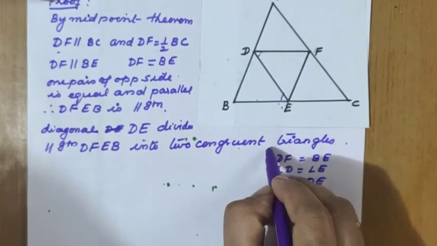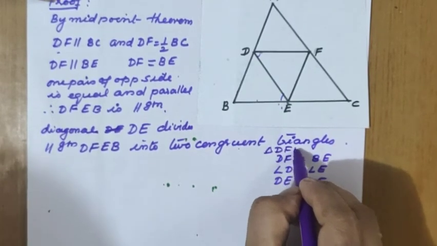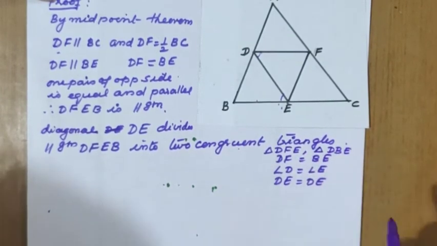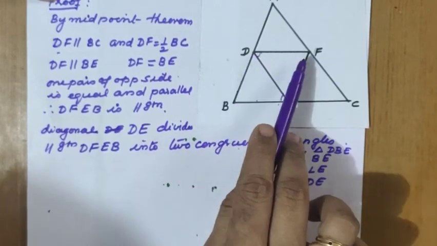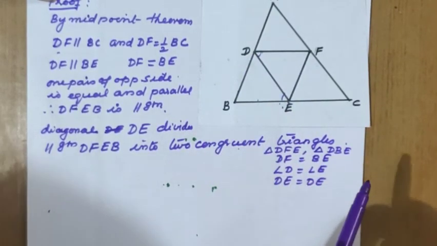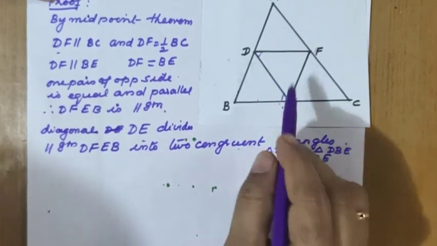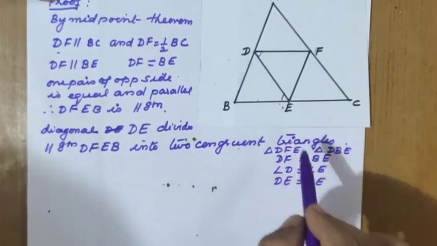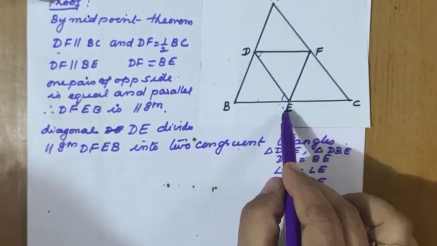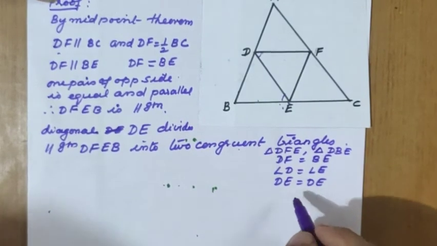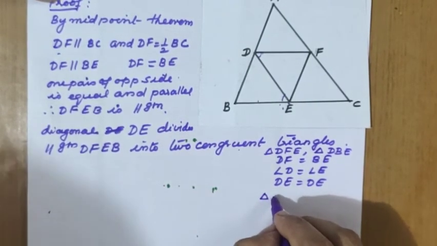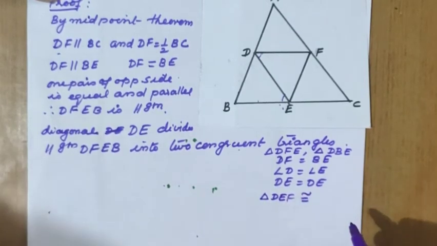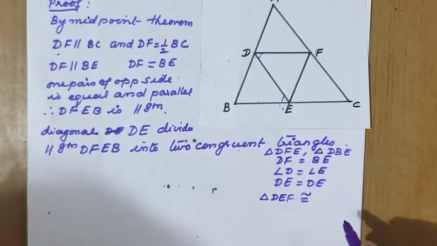How we have taken this one? Triangle DFE and triangle DBE. Got now? So we have got the two triangles now. DFEB is a parallelogram we have already got. So DF, that is the first side, is parallel and equal to BE. So I have written BE here. Now DE is the common side. Now angle D and angle E are the alternate interior angles. Therefore, triangle DEF is congruent to